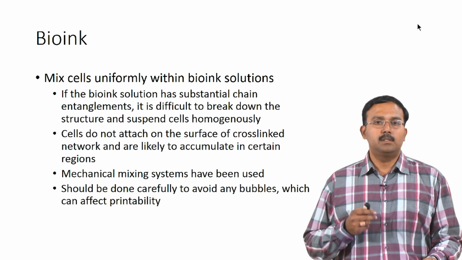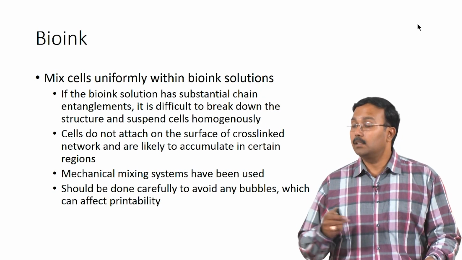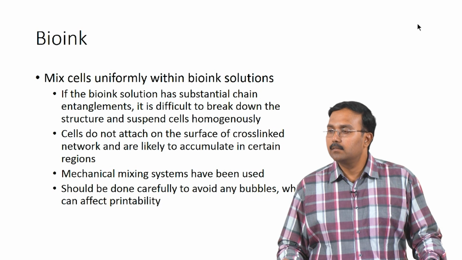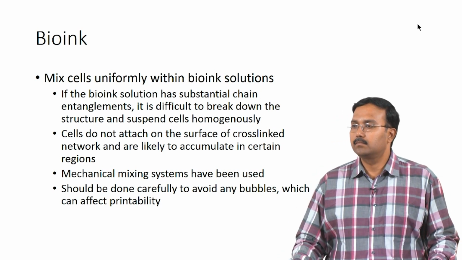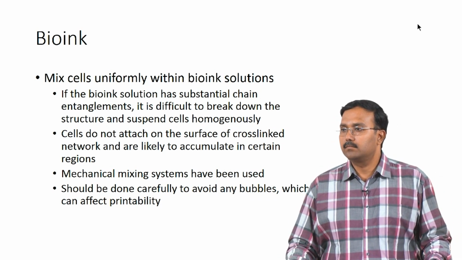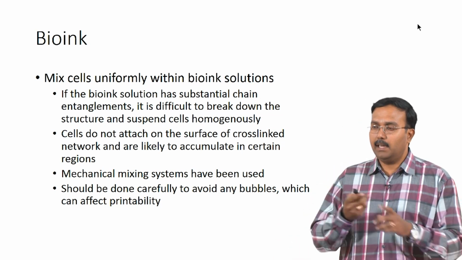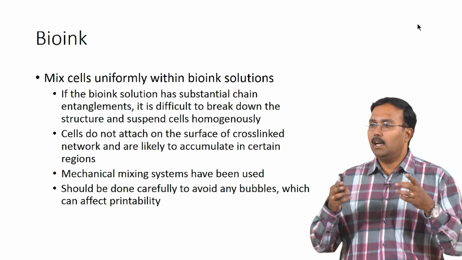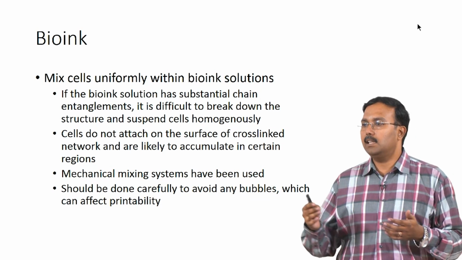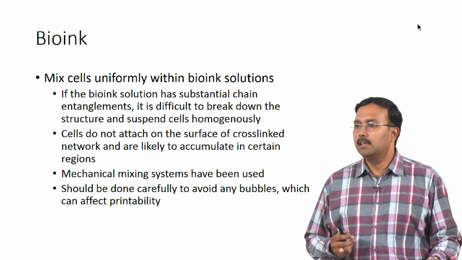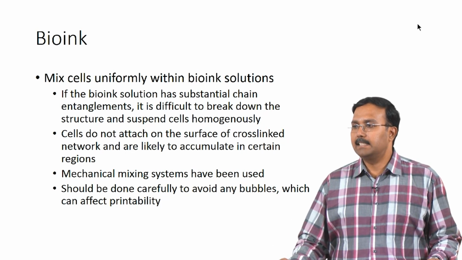Initially cell distribution is pockets or fragmented, but later on when cells proliferate, it will be uniform. It depends on how the cross linking has happened, right. So, if the entanglement is very strong and you have a lot of cross linking, cells will not be able to infiltrate. So, that is the challenge.